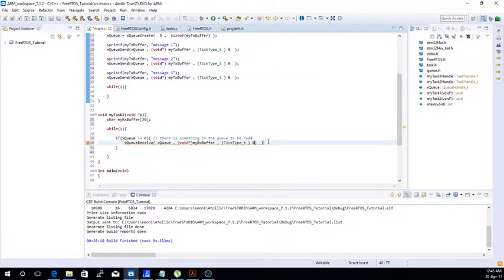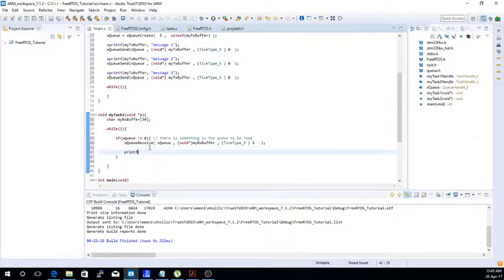And my blocking time I'm going to keep it as 5 ticks. Okay, so every time I receive a data, the data gets stored into my RX buffer, and the next thing is I need to print the data. So printf %s newline my RX buffer,